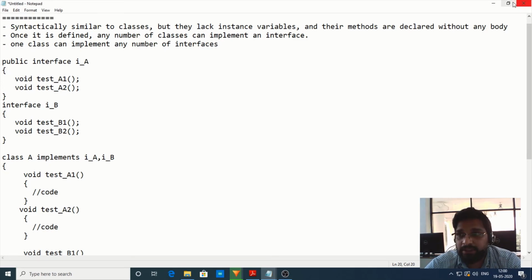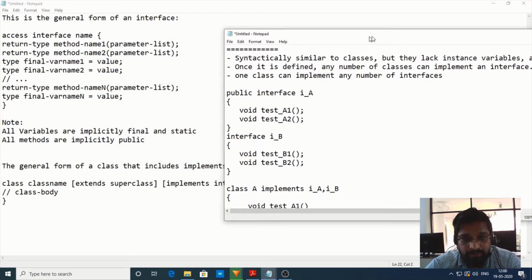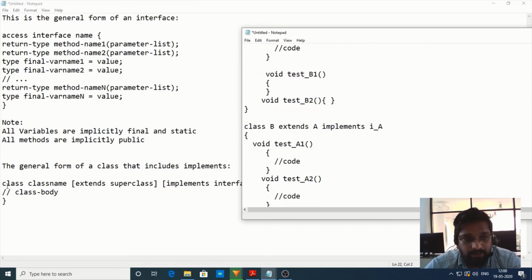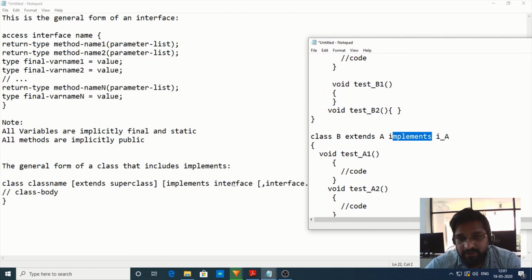You see that? Class, class name. The class name is class B, which extends, what is it extending? Superclass. What is the superclass? A. Then implements, what is it trying to implement? An interface. What's the name of the interface? I_A.